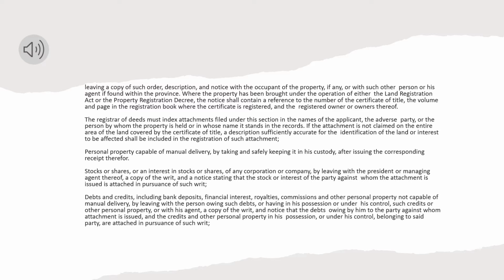The Registrar of Deeds must index attachments filed under this section in the names of the applicant, the adverse party, or the person by whom the property is held or in whose name it stands in the records. If the attachment is not claimed on the entire area of the land covered by the certificate of title, a description sufficiently accurate for the identification of the land or interest to be affected shall be included in the registration of such attachment. B. Personal property capable of manual delivery, by taking and safely keeping it in his custody, after issuing